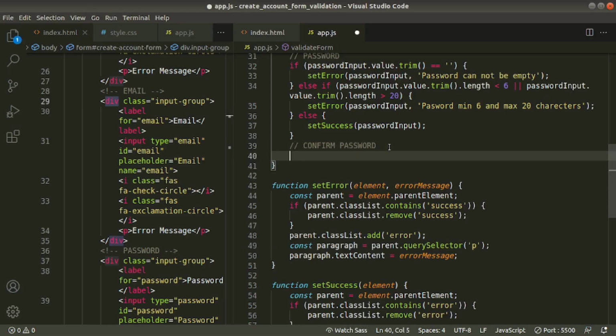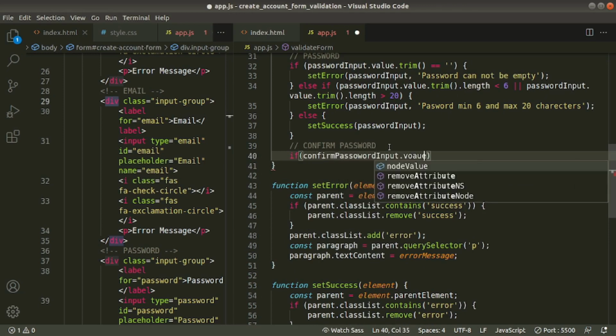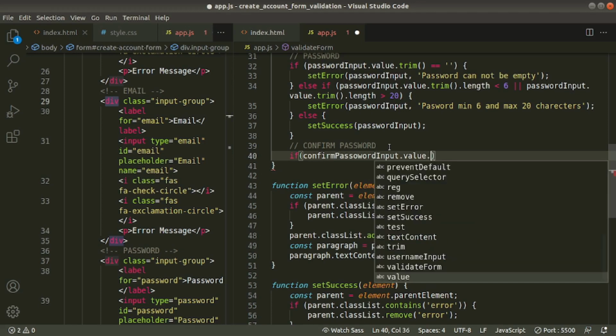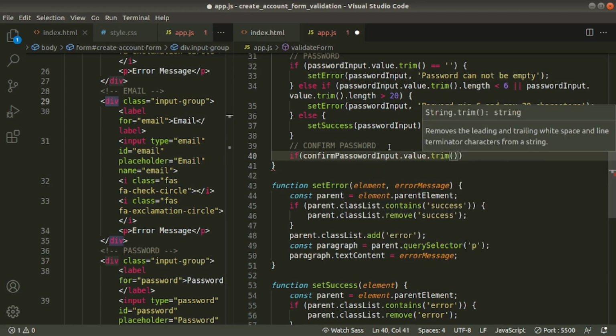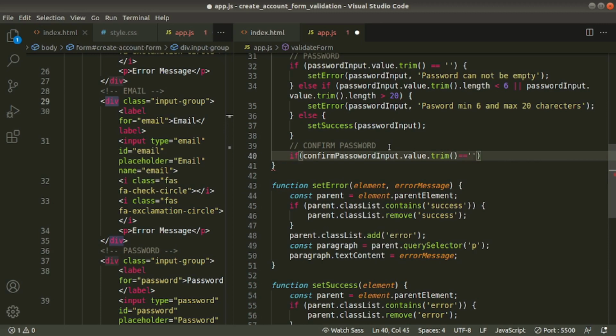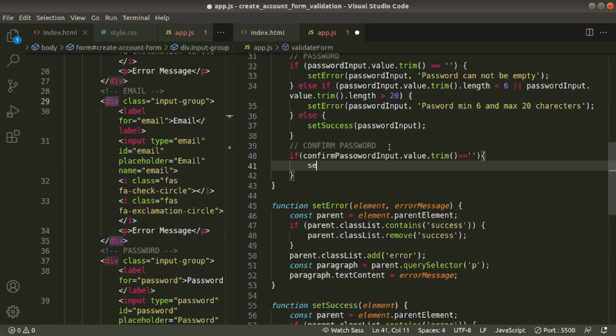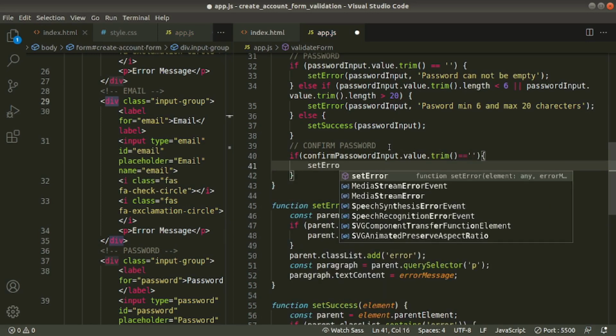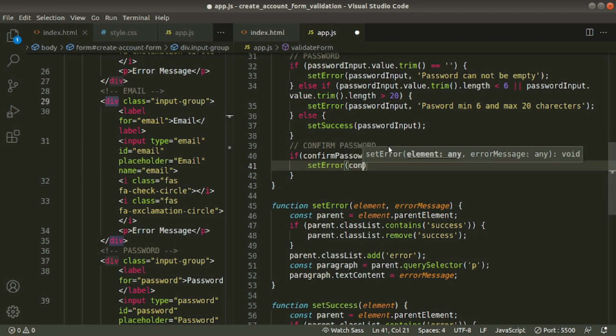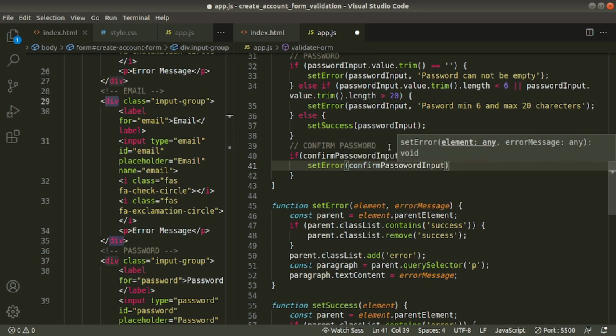Now finally we write validation for the confirm password input field. First check is whether it is empty or not. If confirm password input field dot value dot trim equals empty, then we'll call setError and pass the confirm password input field and write the error message: password cannot be empty.